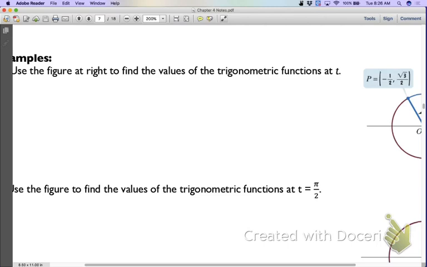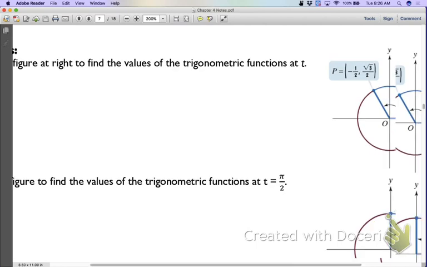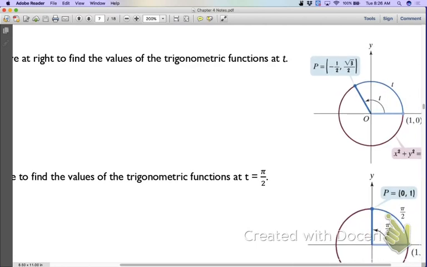So all I want to do, I have my x value and I have my y value. So I have 6 things that I have to find. Sine of, in this case, t